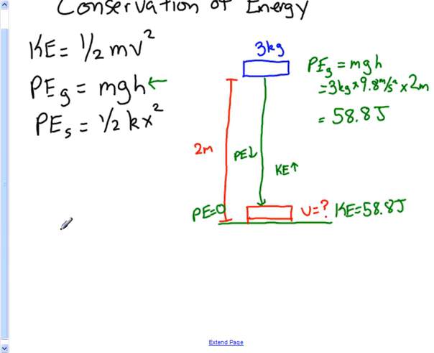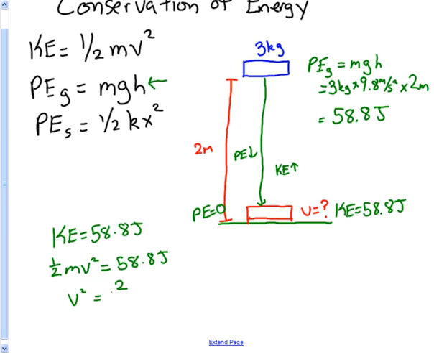So we come over here and say, okay, well, kinetic energy has to be equal to 58.8 joules, and that is 1/2 times mass times velocity squared equals 58.8. And our job now is to solve for velocity. So you can multiply by 2 to get it to the other side, and I can also divide by this m. So v squared is going to be equal to 2 over m, because you multiply by 2 and then divide by m, times this 58.8